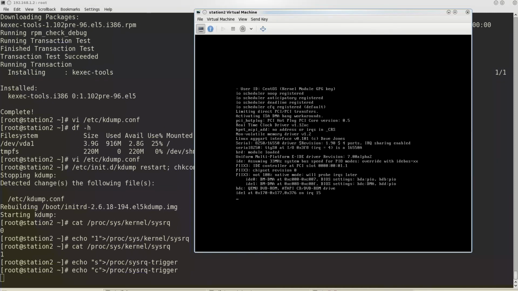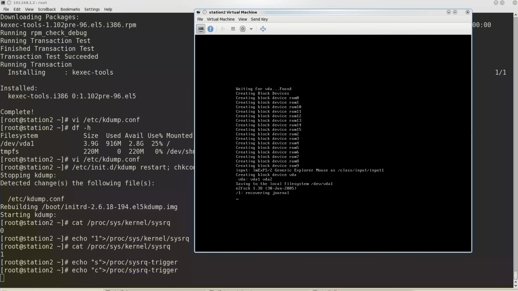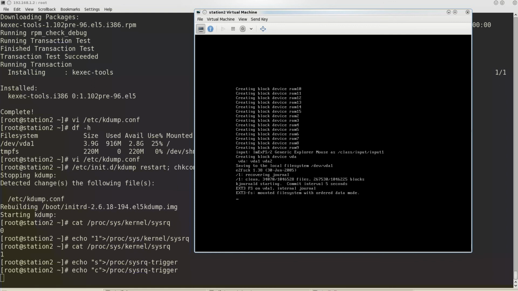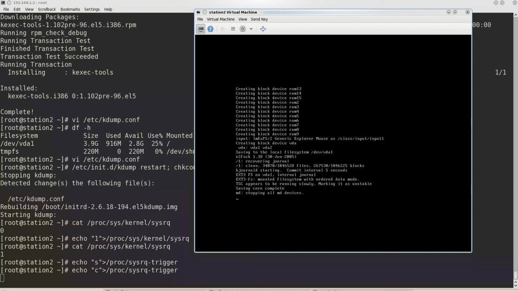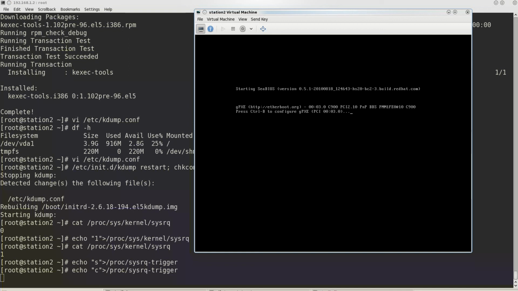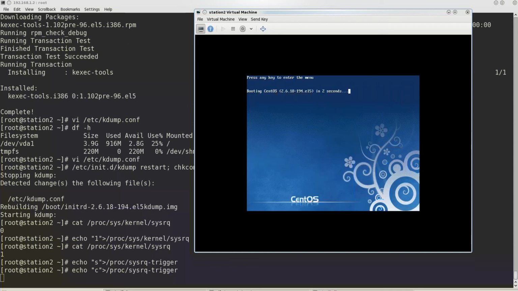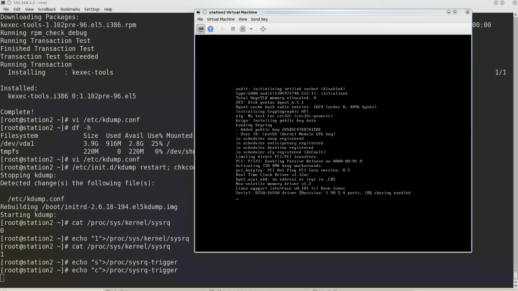It's copying the RAM details. So one more thing, the size of the partition on which we are placing this VM core should be more than the size of RAM. This can be a separate partition. For example, let's consider we have 64 GB of RAM. So it is suggested that you have at least 64 GB of disk free on the partition on which you are dumping the VM core. So let the machine get booted up.